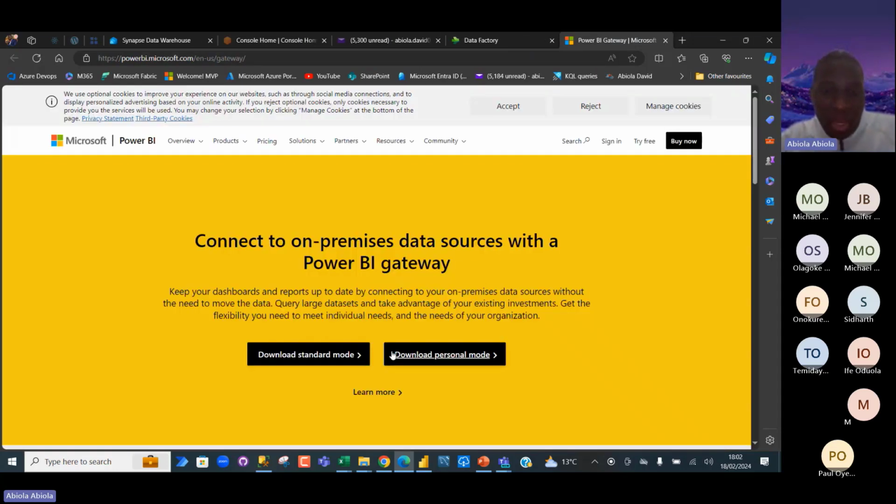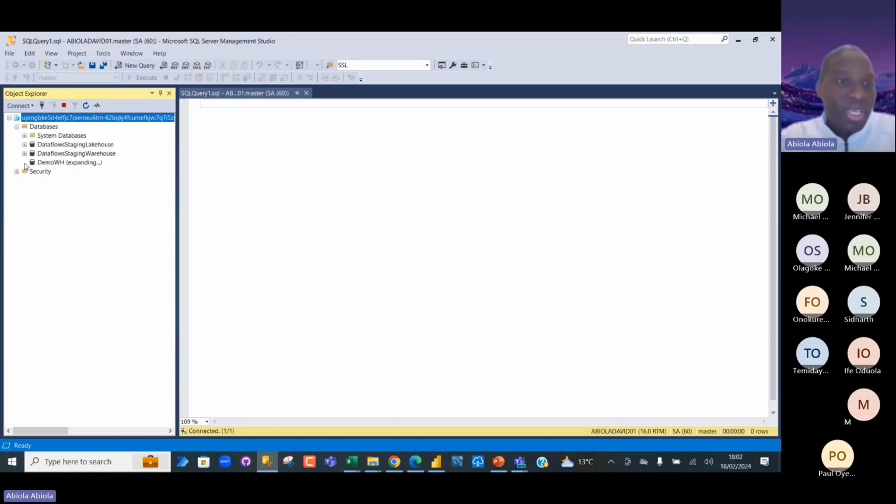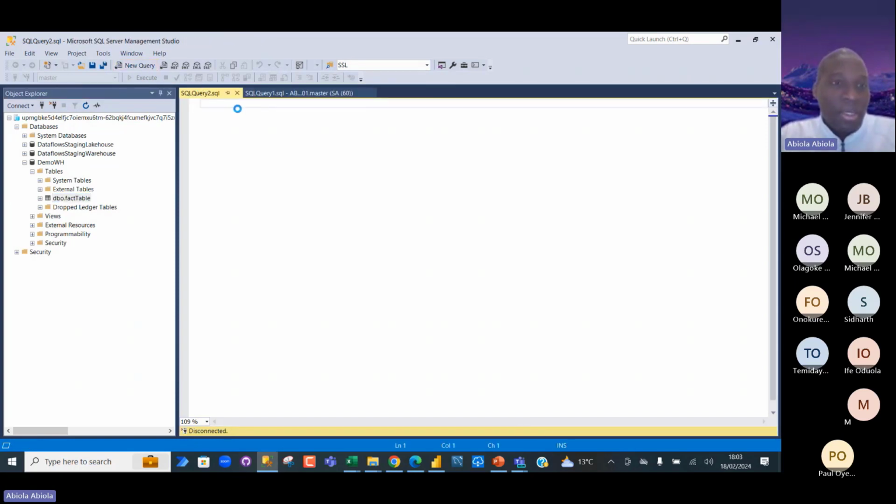And then we can come back. Okay, this is where I am, the SSMS. And there we go. So I've been able to establish connection to the data in the data warehouse on Fabric, which is super amazing. So I can go ahead and access all the databases. So I can see the demo, and let's see the tables. So I'm going to see the fact table. Okay, there we go. So again, I can go ahead and query. So let me just open a new query window, and then, okay, there we go. So this picked up the name of the database easily.